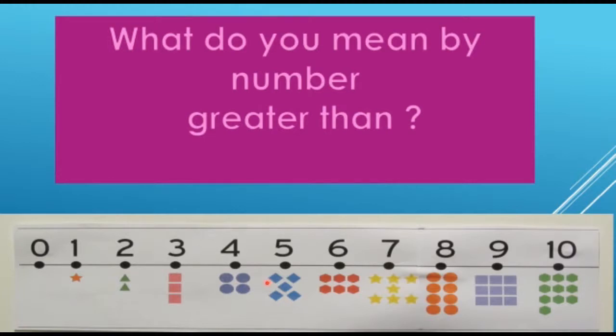See downside, one star is there. The number one is there. Then downside, one star. Two number is there, then here two triangles. Means here one star, then greater, two. Then here the shapes increase. Downside all of its shapes are there. 3. Then here 3 rectangles are there. Understood? Like that, all the numbers and all the shapes increase. Means greater than.